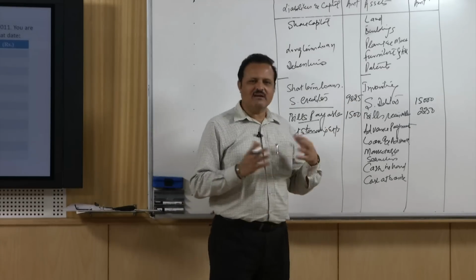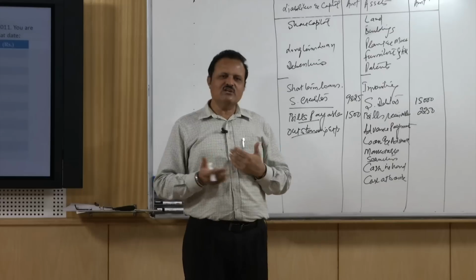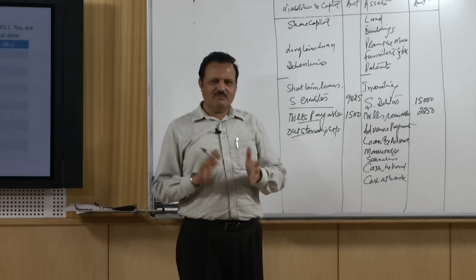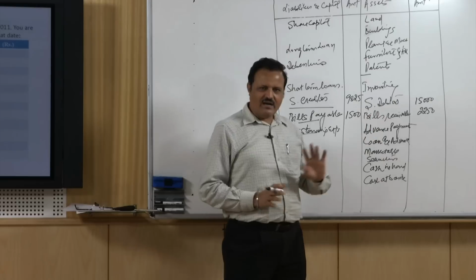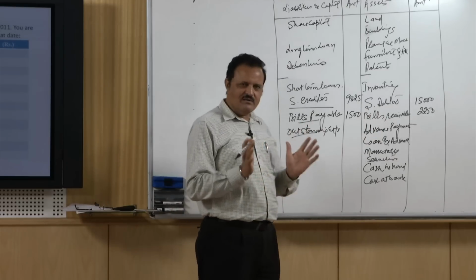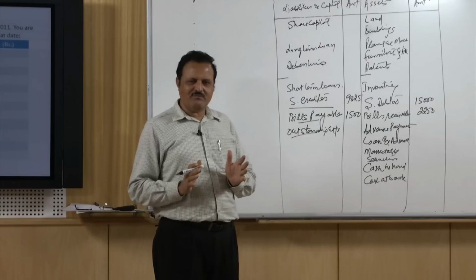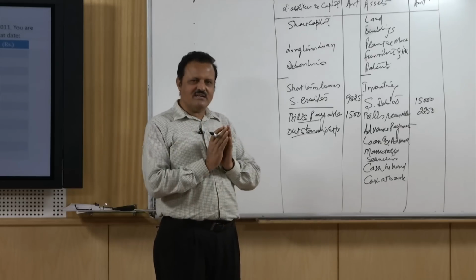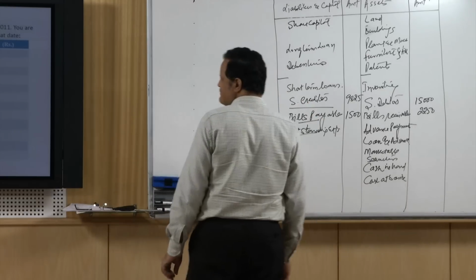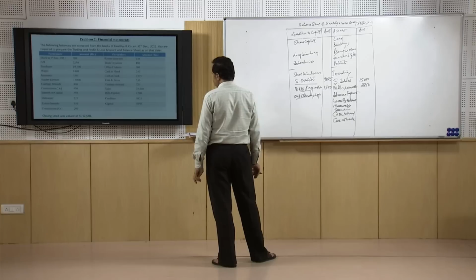Similarly, we have sold to many people, so we don't show their individual accounts. We have the individual accounts in the ledger, but in the balance sheet we club them together and bring them under one heading, one title, that is called sundry debtors. So many small buyers, when put together in one figure under one heading, become the sundry debtors. Similarly, we have creditors, and then we have the capital,